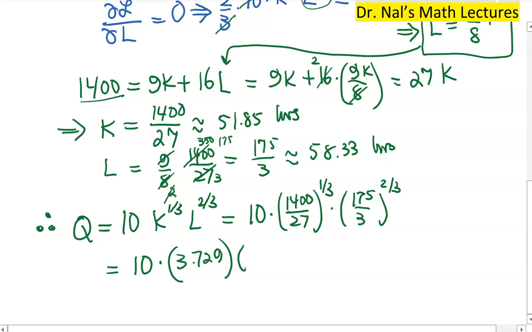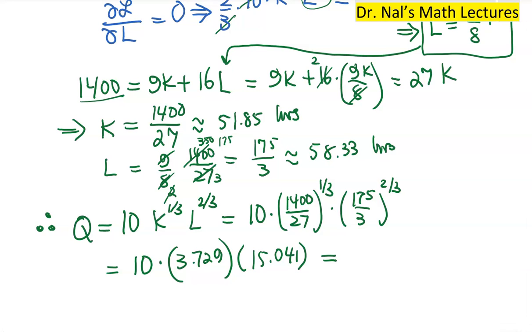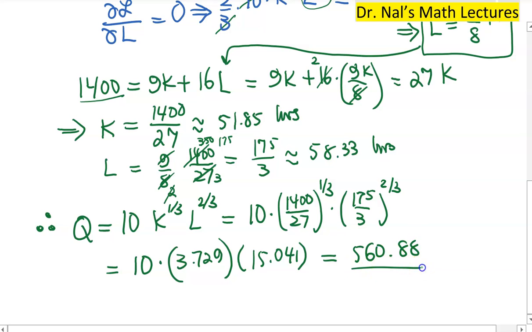And then for the last one, it is 175 divided by 3. And then I want to take it to 2/3 power. So I can square it first, and then let me raise it to the 1/3 power. 1/3, close parenthesis, equals 15.04, 15.041 to be more exact. And now multiplying these results, we get 10 times 3.729 times 15.041 equals 560.88 units. That's it. So this is the maximum amount of units that we can produce, given that we have